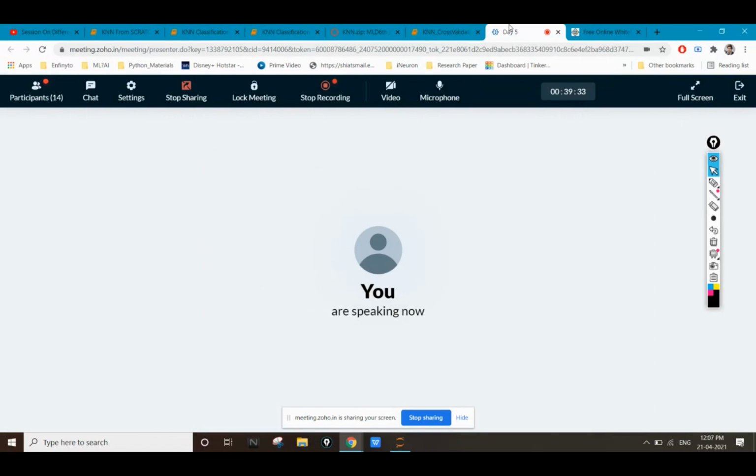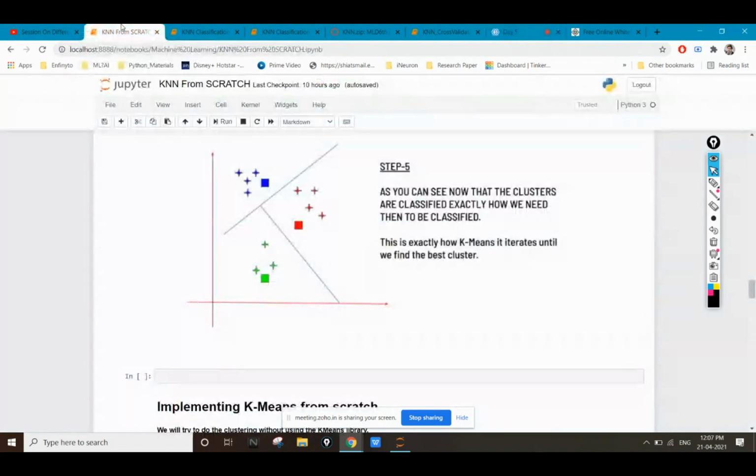Please confirm in the chat if you are clear, or if you have any doubt, please ask in the chat. Please confirm that you are clear with the mathematical intuition of k-means clustering.